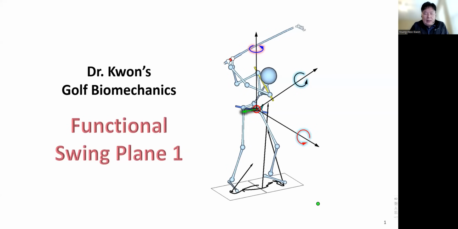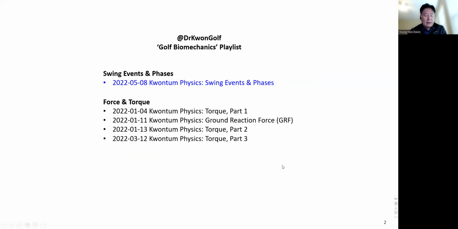Hi, everyone. Today, we'll talk about the so-called functional swing plane. And in the next several videos, I will continue talking about the functional swing plane. Before we start the details, let me first